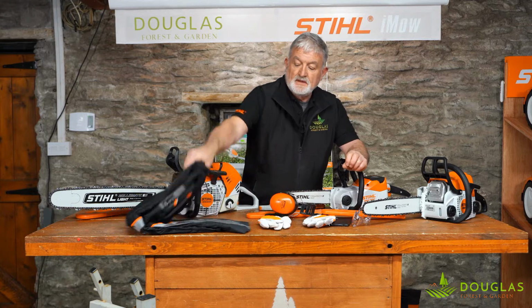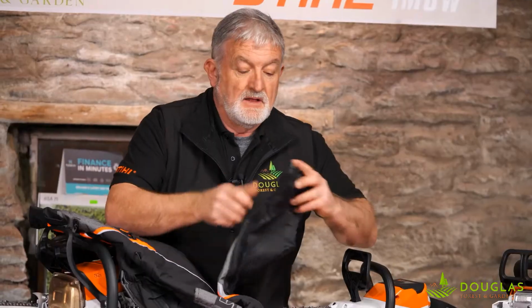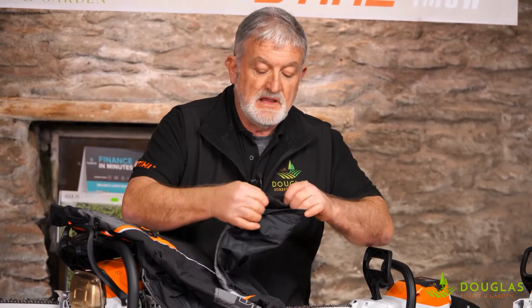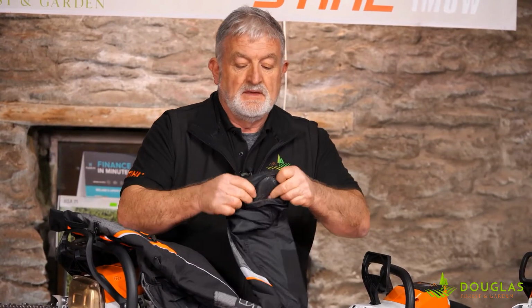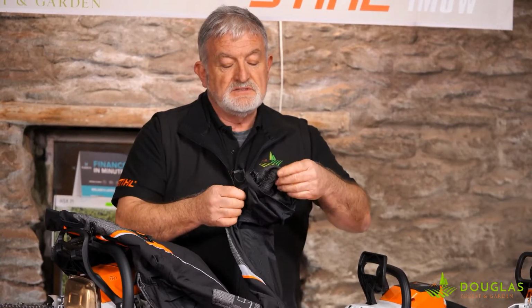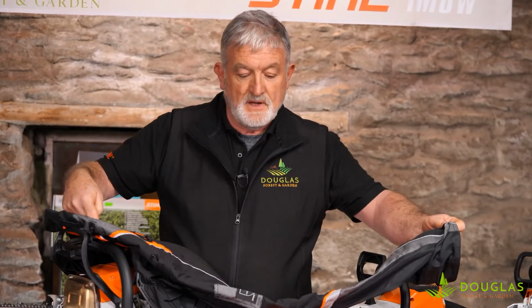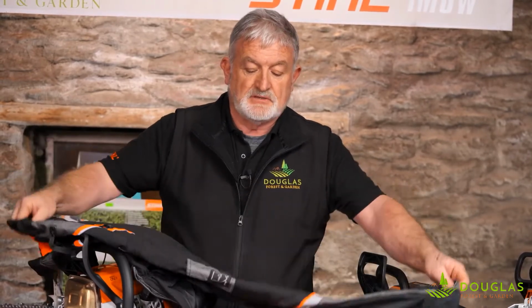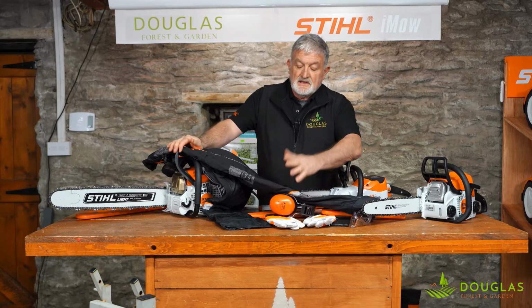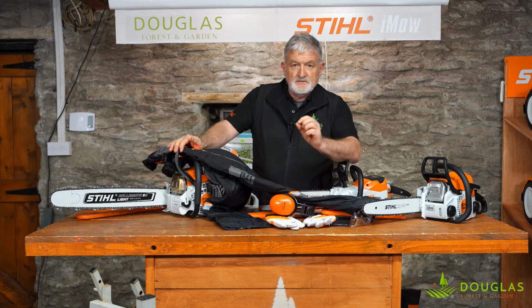These pants have an extra layer built into them, right? And what's in there actually is thousands of threads, which goes from your ankle up to your waist, and that's your protection. The idea of that is that if a chainsaw touches off your leg,